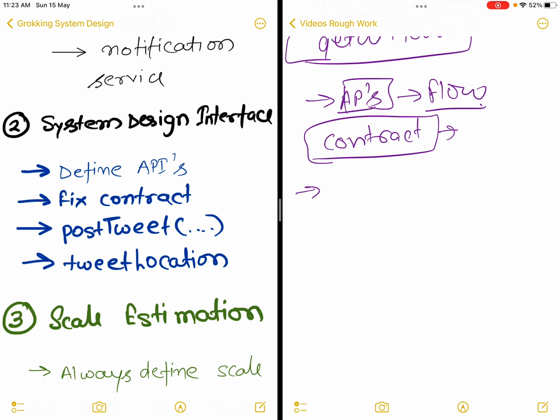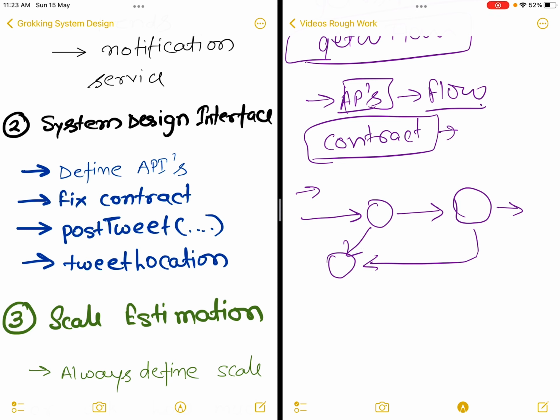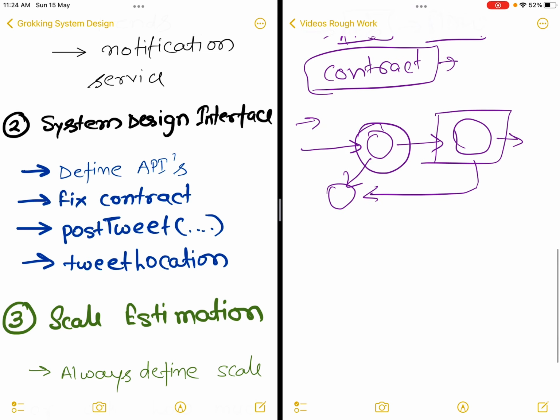Similarly, when all these things are fixed, you will have a flow defined. From where it will flow, what all the data it will contain, how much data it will persist, how much data will flow between the services, how these services will interact, which service will interact with what, all those things will be fixed when you have defined your APIs. So by this it will be easy for you. So this will be our next step to